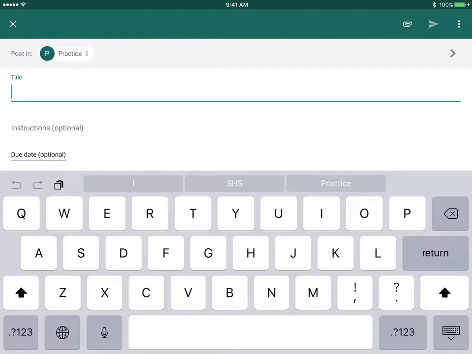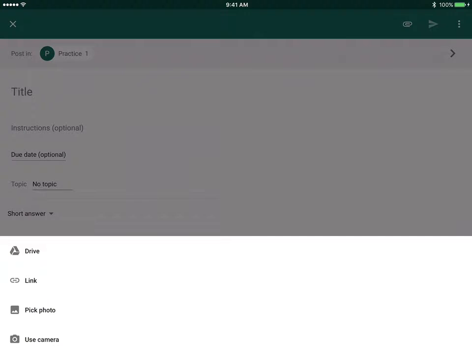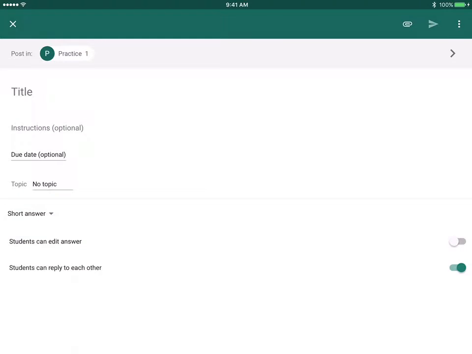So if I follow along to the right, I see a paperclip. It gives me the choice to add something from my Google Drive, a link, pick a photo that's already on, or use the camera and take a new photo. We're not going to attach anything as I'm making a question. I didn't want an attachment. Also, the three dots will let you discard. When we're done with the question, the arrow will light up white